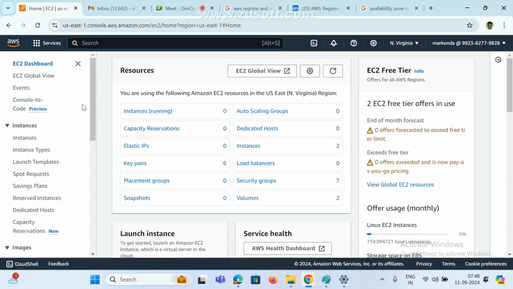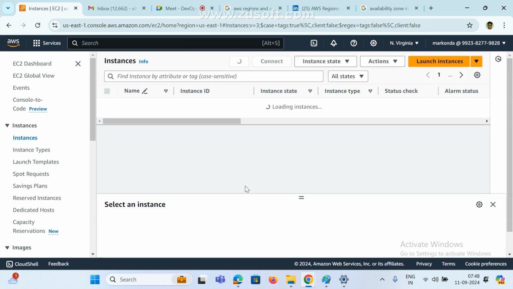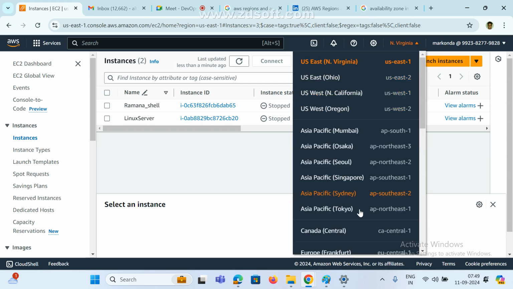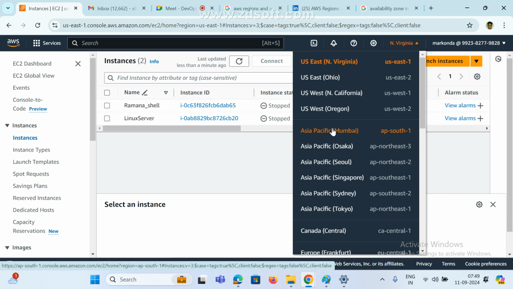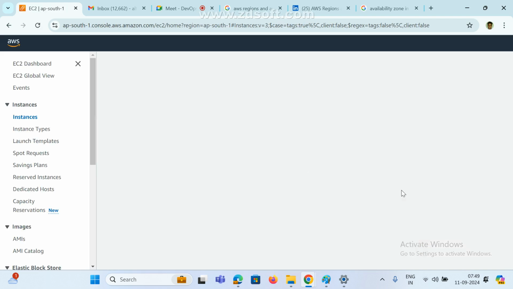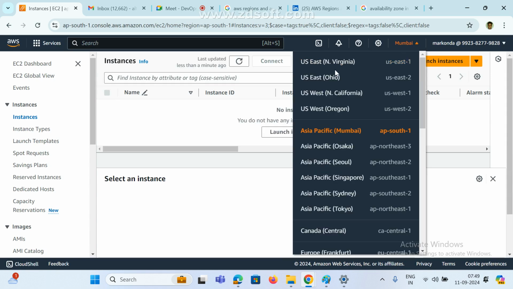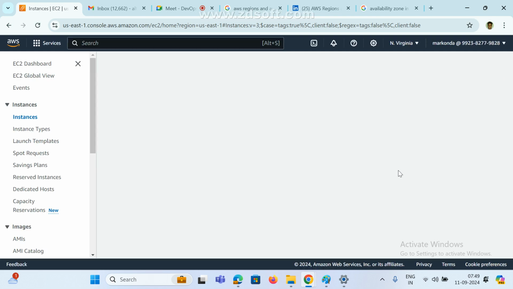Okay, this is global, and these are the left side panel options. Suppose we create instances. If we click on Instances, we see how many instances we have, how many are running and how many are stopped, and these are the sections. And this is the region. Which region are we in right now? Region is nothing but a physical location. If you want, we can change it. I want to go to Mumbai region. Click on Mumbai region, that's it. Now see here, it's switched to Mumbai region. If you want to go to the US region, click on US East.